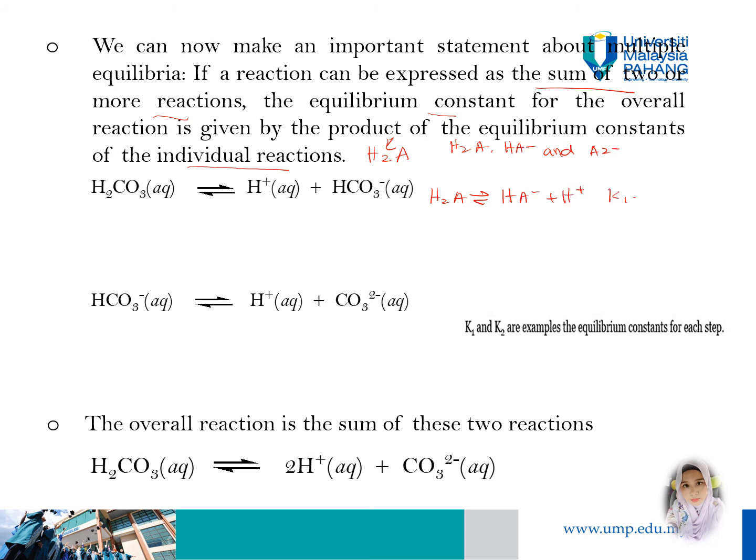So K1 is equal to the concentration of HA minus times H plus over H2A, and we also have this equation. K2 is equal to the concentration of A2 minus and H plus over HA minus. So the final Kc is equal to